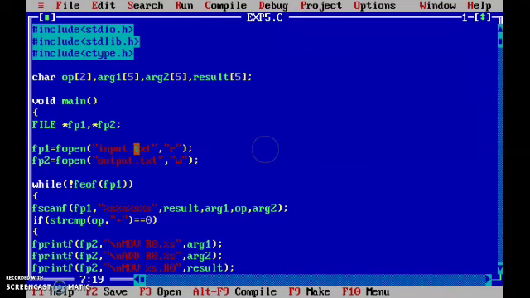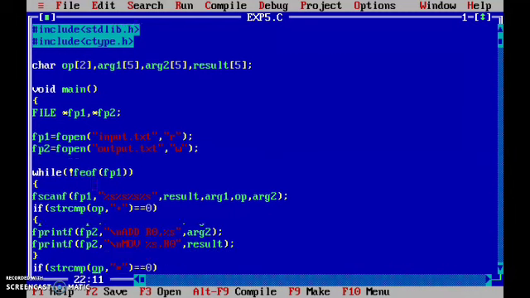This program is going to read the content of input.txt, that is intermediate code, convert that into the machine code, and that will be stored into output.txt. That's why the output of this program will be present in the file output.txt.